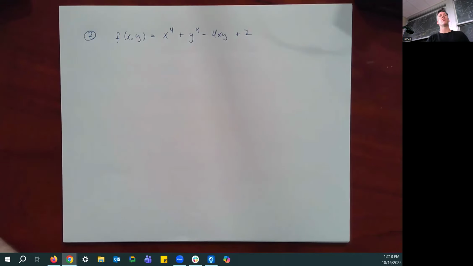And here's something that I think is worth making note of, even though it's not really talked about. This function is symmetrical in the variables x and y. What I mean by that is if you were to replace every x with y and every y with x, you'd still have exactly the same equation, right? I'd have y to the fourth plus x to the fourth minus 4 times y times x plus 2. Still exactly the same. When that's the case, I want to say always, but I'm going to say almost always, every critical point is either the same x value and y value,